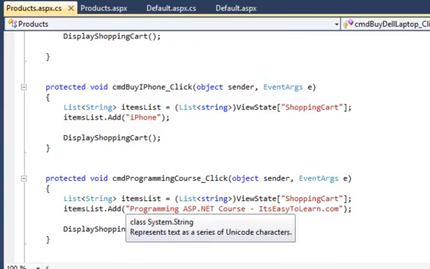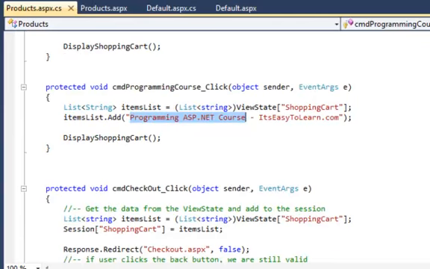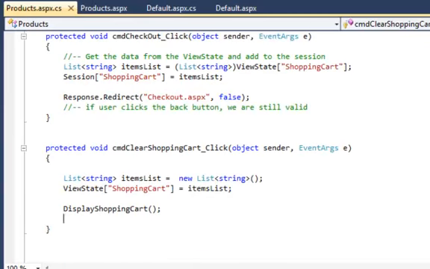Similarly, we added the programming ASP.NET course to the list which already had iPod Nano, Dell laptop, and the iPhone. Thus, we ended up having 4 different items in the shopping cart. When the user wanted to clear the shopping cart, we created a new list of strings and added the new empty list of strings to the view state shopping cart. The ultimate result was that the shopping cart now became empty